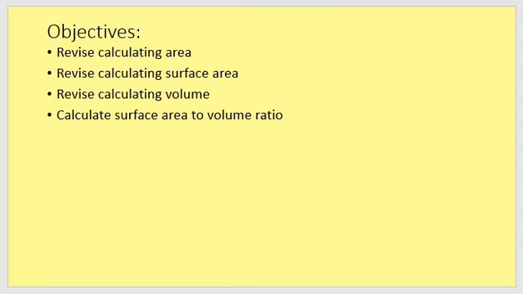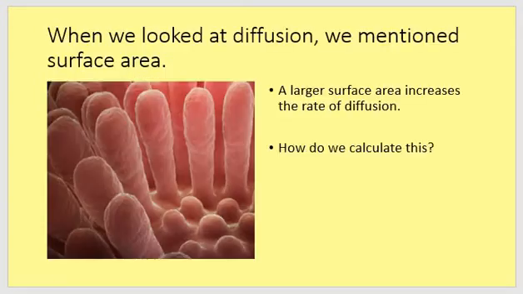There are 4 objectives. We're going to revise calculating area, surface area and volume, and learn how to calculate surface area to volume ratio. Now you might wonder, why do we need to do this? This looks like maths and it's science. The reason why is we already know from our second lesson on diffusion that surface area is important, and that a larger surface area increases the rate of diffusion. So we need to know how to calculate that surface area, and we need to be able to compare them